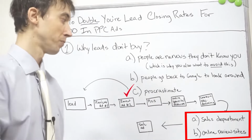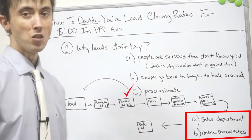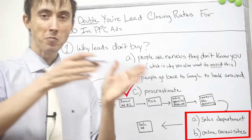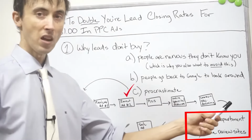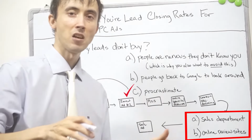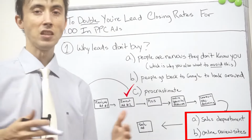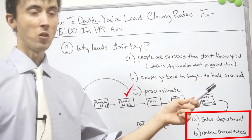But on top of that, the last thing I'll do to top it all off is you make a sale ad for every month of the year. And so if in December they've gone through this selling process, they're going to see an ad that says Christmas sale, we're offering $50 off any order. And what that actually does is, now that that person's convinced, basically the only thing holding them back, if they are actually going to buy,